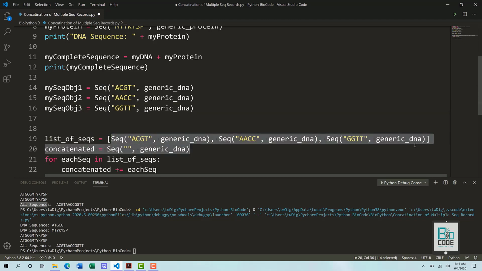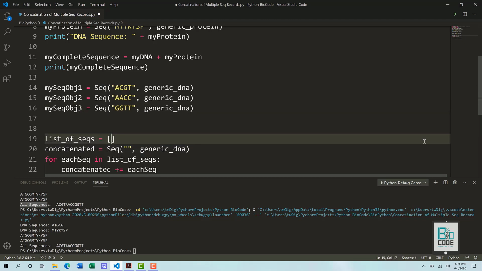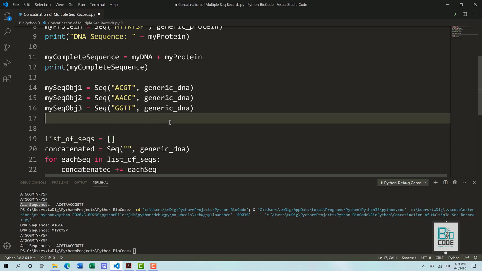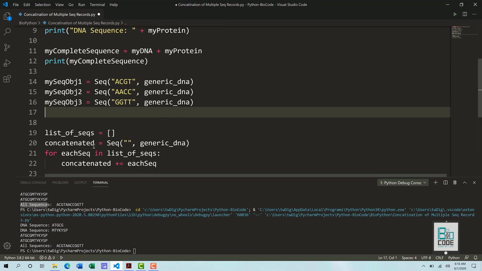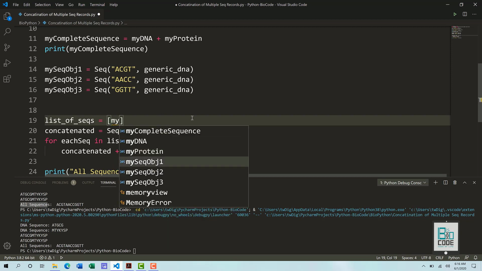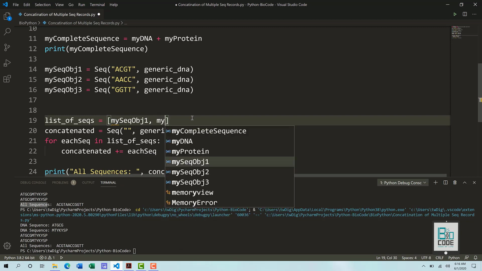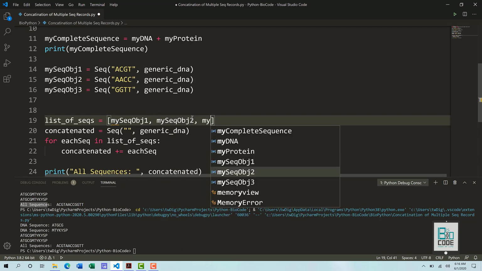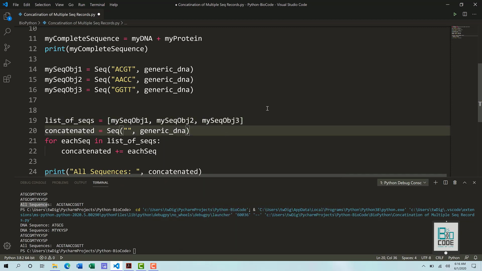There we go. Now we have defined three sequence objects over here, and you can see that all three of them are DNA sequences. They are generic DNA sequences, and we have defined their objects. Now we need to put them in a list, and if you don't know how to do that, you need to watch our first videos about lists. And there we go, so our list is ready. You could basically do just